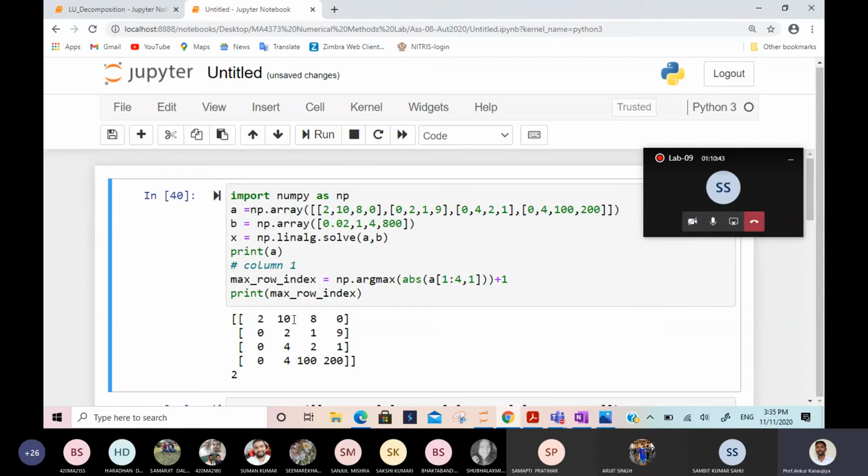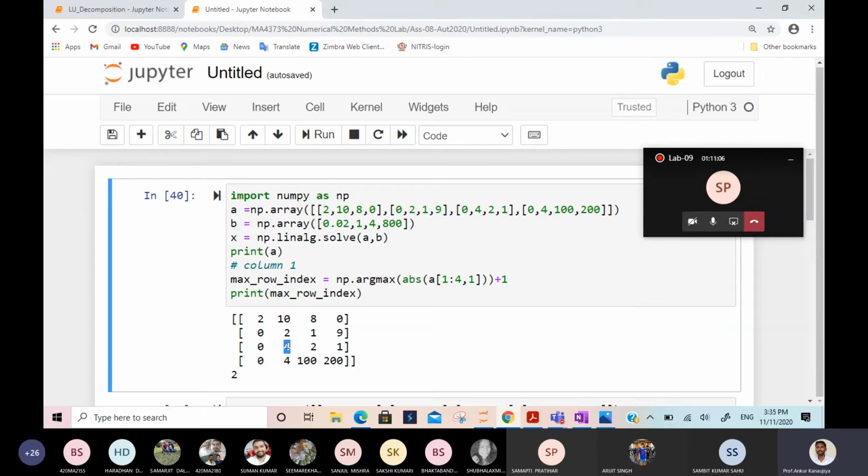See, this we are skipping, but from 2, 4, 4, which 4 is the maximum? Both are maximum, right? Yes or no? Yes, sir. So what will we choose? We will choose the least integer value, because this argmax function is already giving the least one. It is giving 2, that means 0, 1, 2. So we'll choose this one.